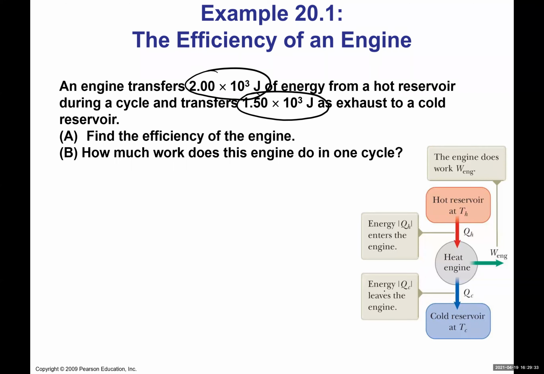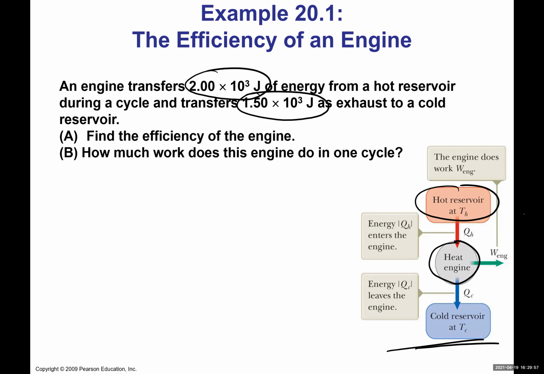Okay, so you can see, right? Here's the image of that engine. So you have a hot reservoir, and then we put some kind of heat engine over here. Remember, even if that heat engine was not there, the energy would go from hot to cold spontaneously, and it would take all the 2,000 joules of energy from hot to cold. It's just that when you put the engine in, it can take some of that energy and convert